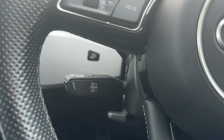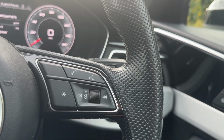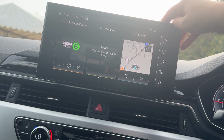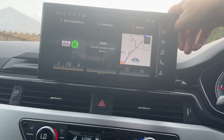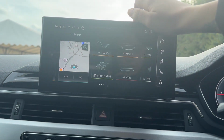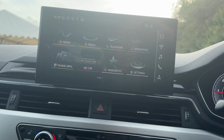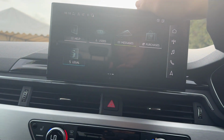To the left of our steering wheel, we have cruise control as a feature, and on the right we have voice control, automatic wipers and automatic headlights. Moving on to our screen, we can access radio, smartphone integration, navigation, our vehicle settings, phone apps, our favourites, as